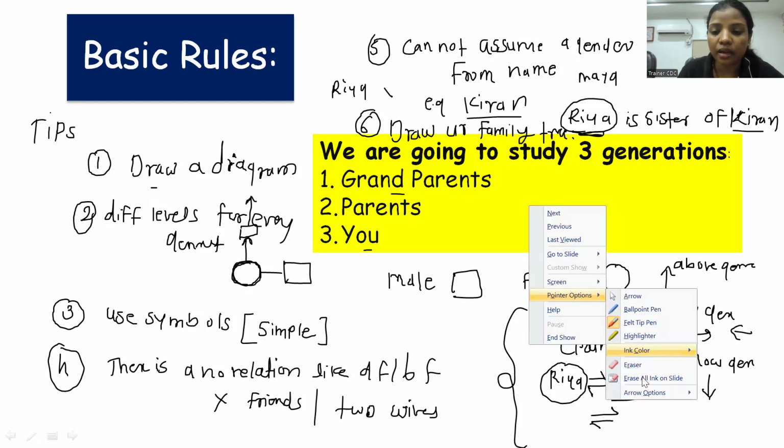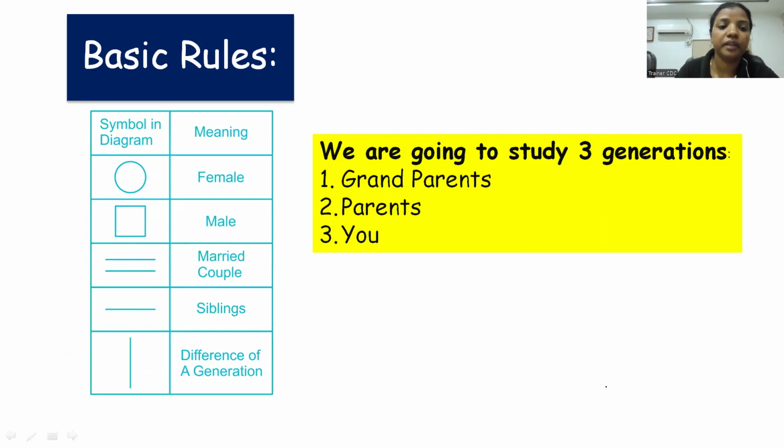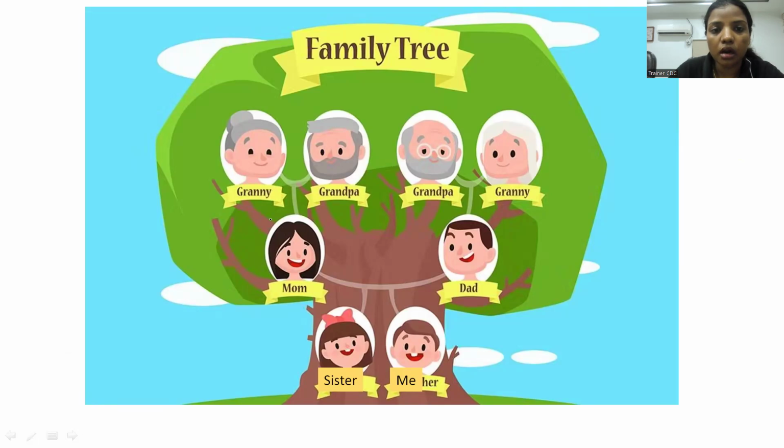Now I'm going to erase this part. Whatever I said is all here, correct? These are the symbols I told you to use. As I said, we have three generations. The first generation is your father's father, the second generation is your father's and mother's generation, and the third generation is yourself. Below our generation there is also one more generation: your daughters, your son, your son's son, correct? Okay, if you are able to see this tree,